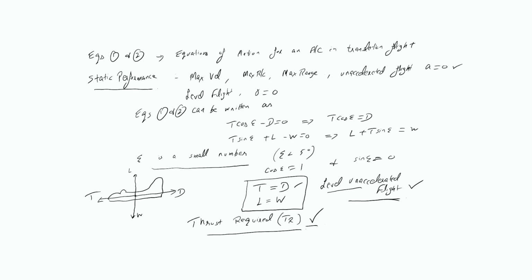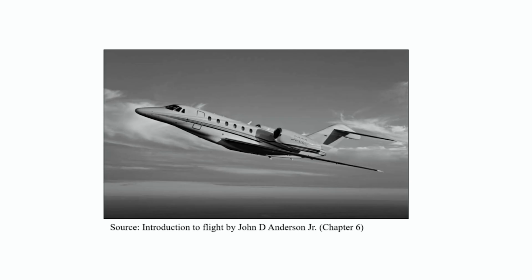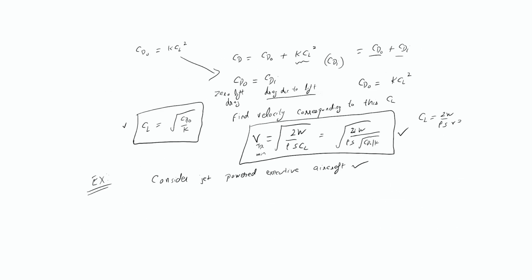This is a jet powered executive aircraft, considered from the J.D. Anderson book, chapter number 6. So the wingspan b equals to 16.25 meters, wing area 29.54 meters square, normal gross weight